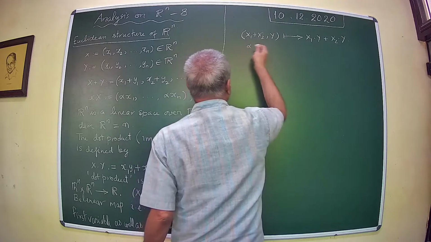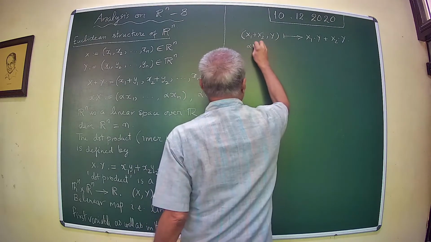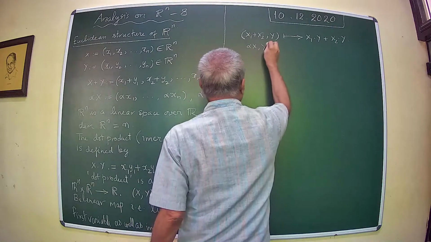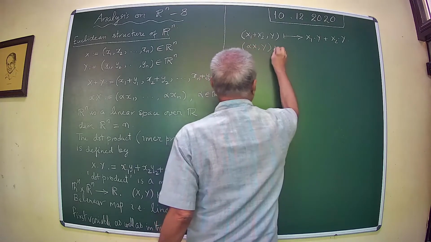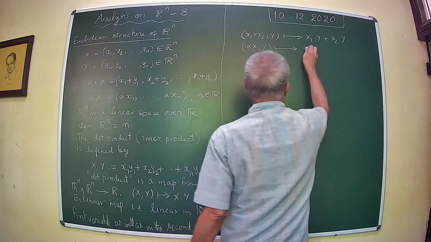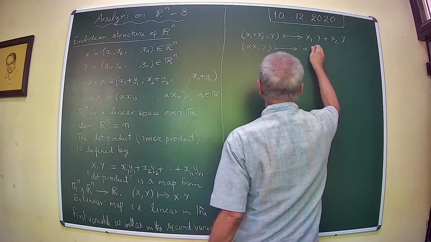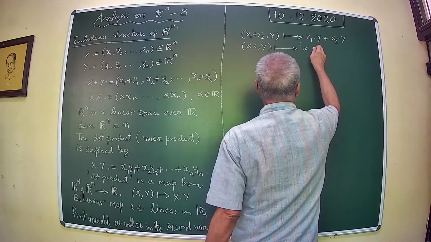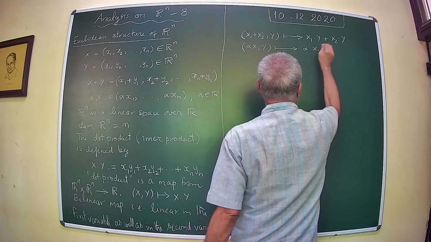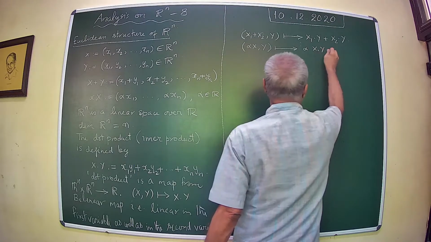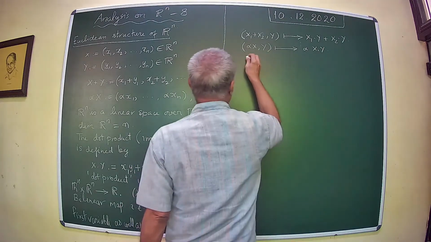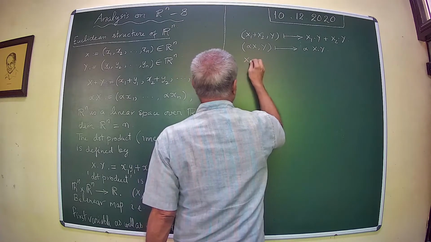Alpha x comma y is mapped to alpha times x dot y. Similarly, x comma